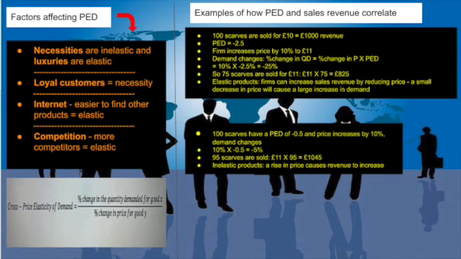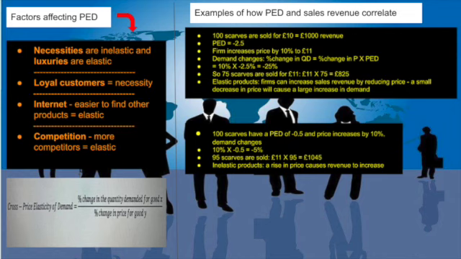PED. Remember how I said in the last slide, you may have to rearrange the formula. This is an example of rearranging the formula. So 10%, because that's the firm's increase in the price, times the PED of minus 2.5, equals minus 25%. So now the quantity demanded has gone down by 25%, so therefore 75 scarves are sold, and they're sold for £11 each, which leads to a revenue of